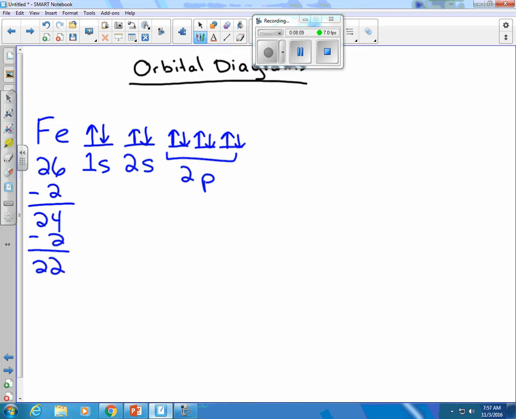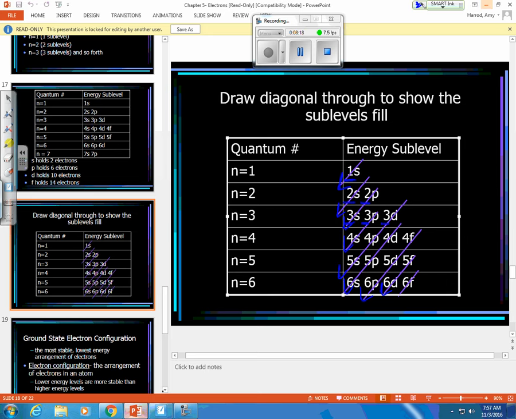So my P room is full. I just used 6 of my electrons. I'm now down to 16. Go back to my diagram. After the 2P, I'm going to follow my arrows, and it points me to the third